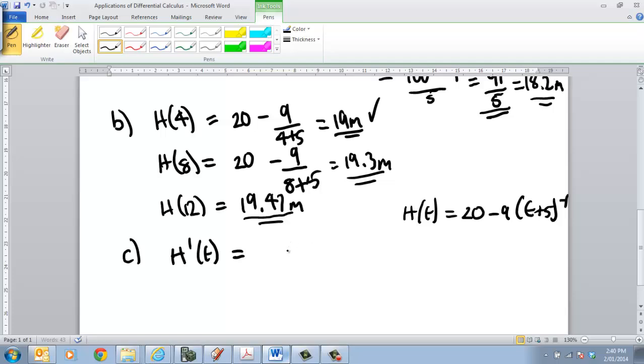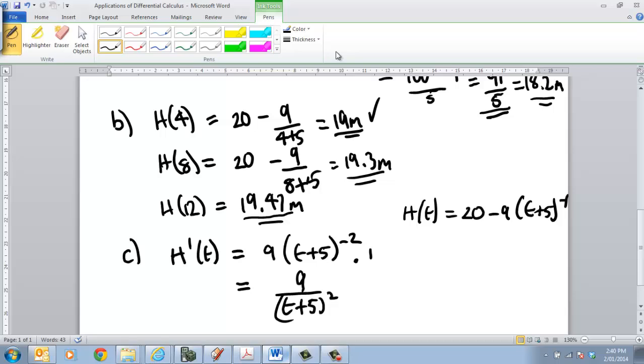When we differentiate that, we get 9 times (t plus 5) to the minus 2. Then we differentiate inside, and that's 1. We differentiate with respect to t. So that's going to give us an answer of 9 over (t plus 5)